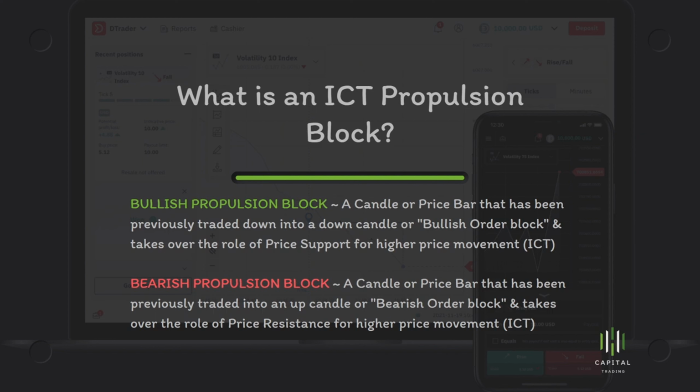So what we are talking about here is, remember that we have an order block. So price tends to come and test an order block, and then the last up close candle, if let's say we are going short, the last up close candle after it tested the order block, that turns into a propulsion block, right? So I'm going to demonstrate that,